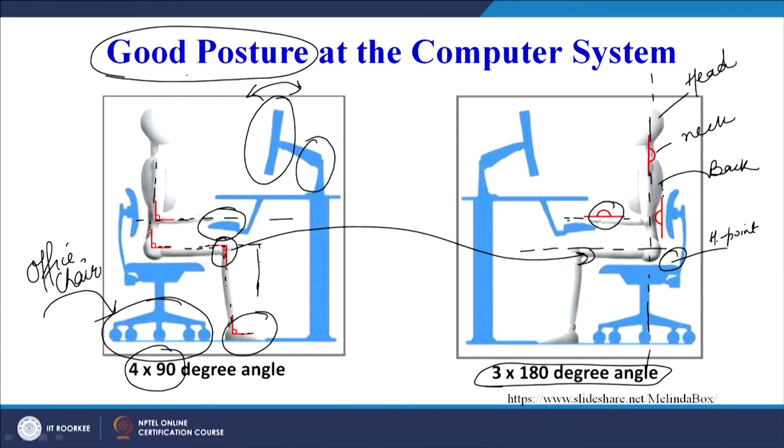So therefore there is a kind of irony here, that recommendations do exist, but we may not be able to adhere to these recommendations in totality. So there has to be a certain degree, a certain element of flexibility which ensures that the worker, when he is performing the task, is feeling comfortable. These are the good postures at the computer system, or we can say the ideal posture at the computer system.